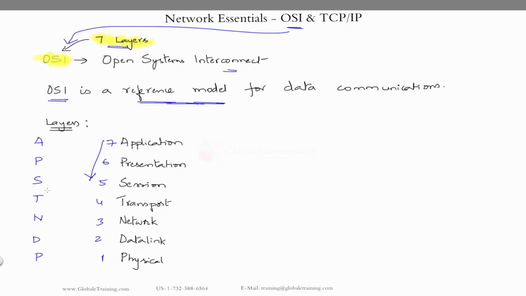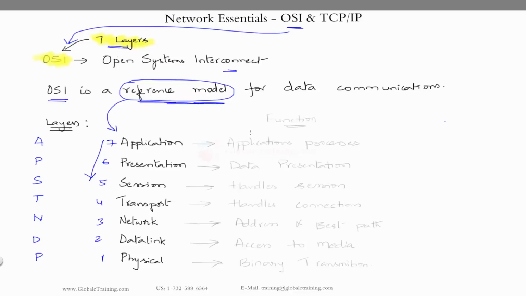It is very essential for you to remember and memorize these names in the order, because that's how the data communication occurs. You cannot replace or swap these layers. That's not how it works. So you have to remember it this way. Now there is a specific role for each layer, meaning, again, as I said before, it's a reference model. That means it's something that happens logically. You really don't see all this.